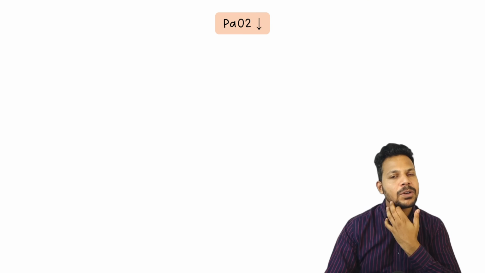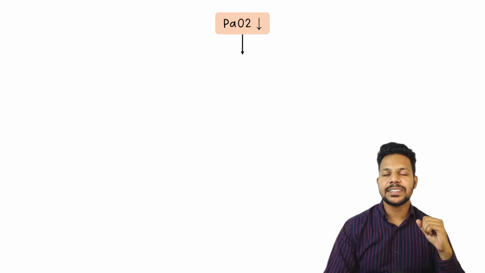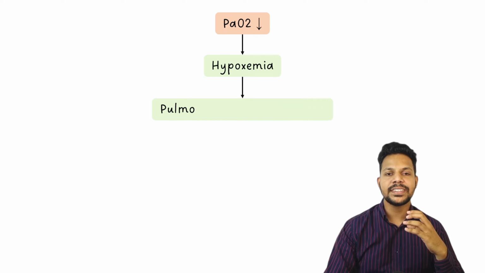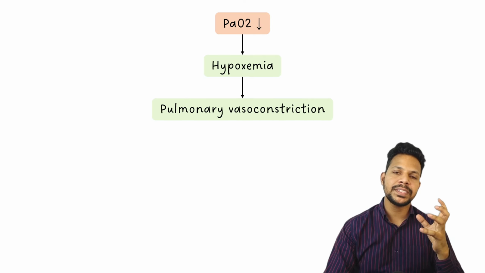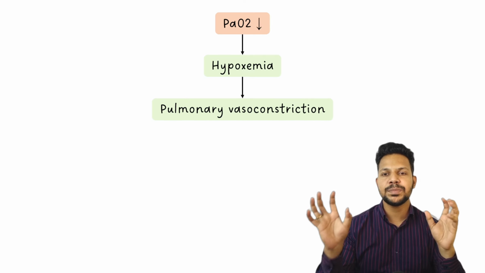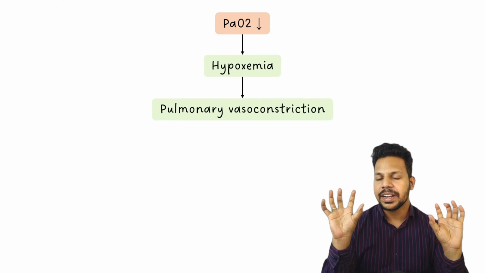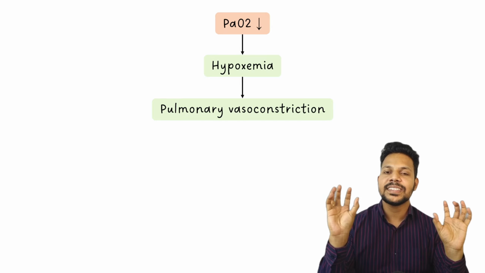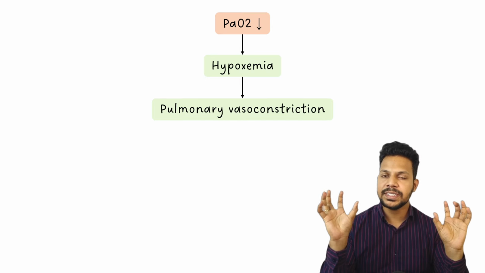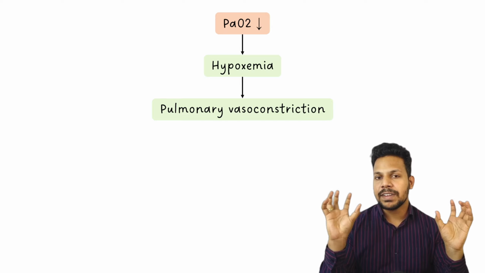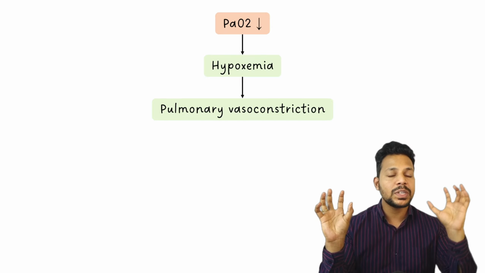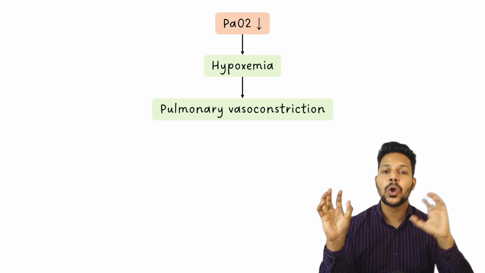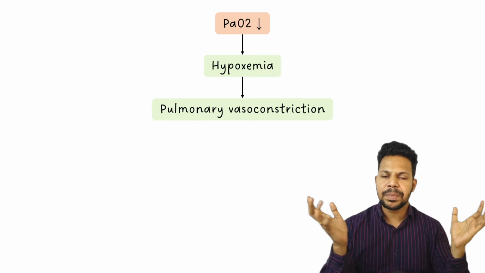Let's see the effect of hypoxemia on the lung. So when the patient has hypoxemia, there is reflex pulmonary vasoconstriction. What do you think is this? This is actually supposed to be a compensatory or a protective mechanism. Let's suppose there are two alveoli. One of them is damaged now, and the pulmonary vasculature supplying this alveolus gets vasoconstriction. Why is it? Because the vasoconstriction here will shunt the blood towards a normal alveolus that facilitates proper oxygen exchange or proper gaseous exchange. But what is happening here in COPD?